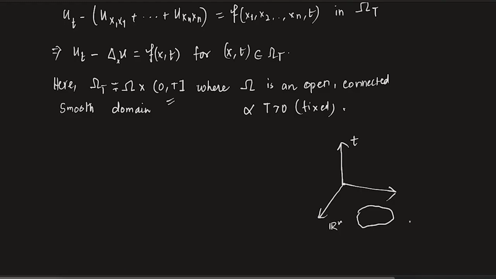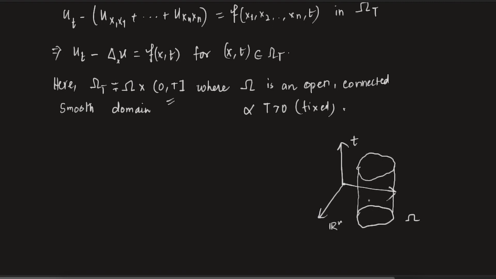And where is this domain? Omega. This domain is in Rn. For intuition, think of this as R2. So this omega is in R2, and then you have (0,t), something like this. The same thing will happen over here. So basically it is a can. Think of a can of soda or something. Yeah, can of Coke or something. Okay, so omega t.